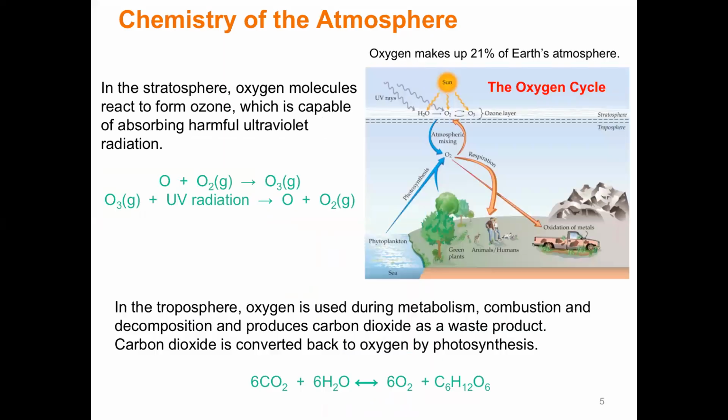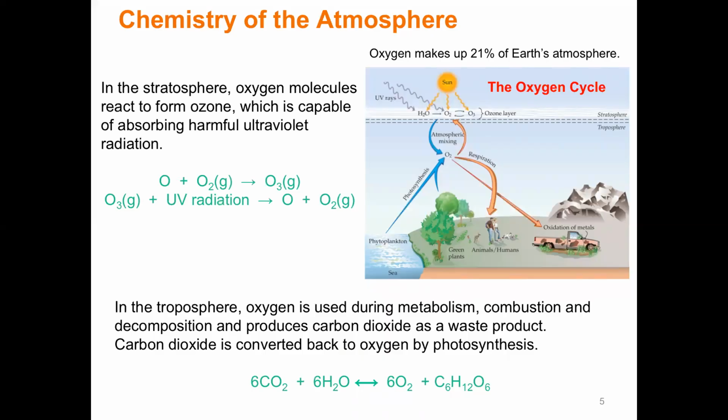Now, the other part is the oxygen cycle, and we sort of already kind of went over the main part of this, which is when we did redox, right? So we had the ability to take CO2 out of the atmosphere and produce oxygen, which is what plants do, and then the reverse. We use the oxygen and expel out the CO2. And that's a process of also making and using food, okay?